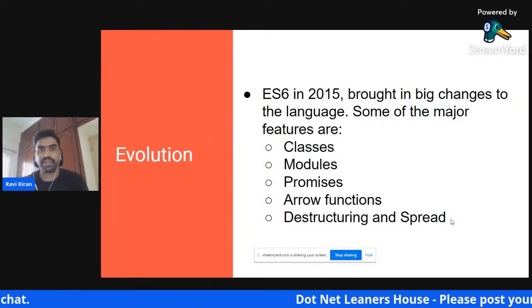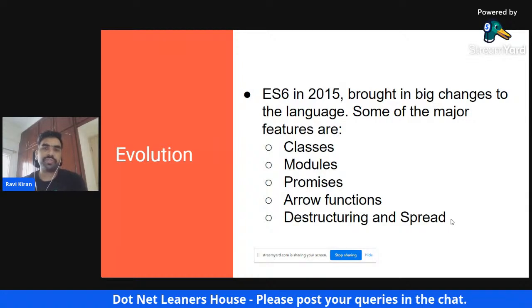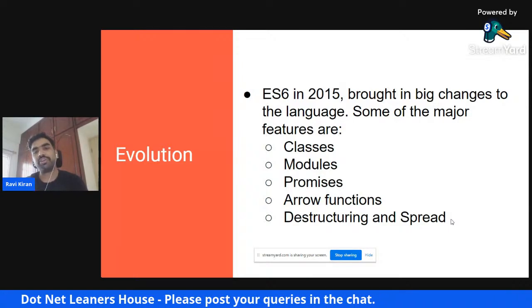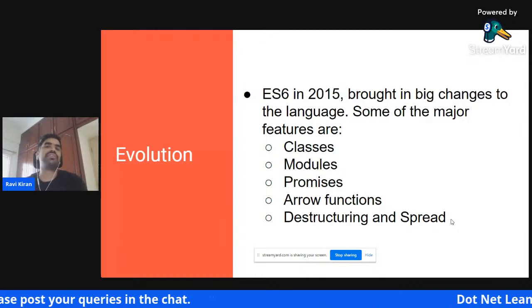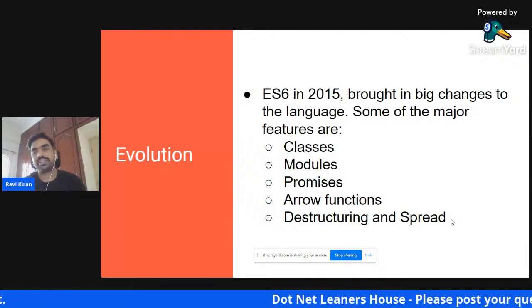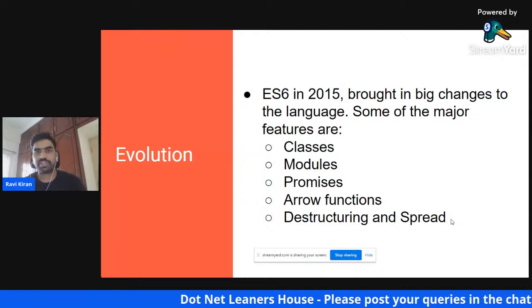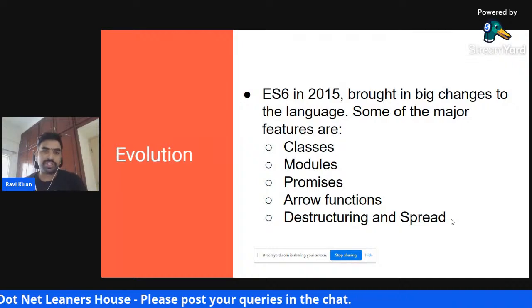large scale usages in mind, the ECMAScript community in 2015 brought in a number of features which changed almost the entire face of the JavaScript language, right? So till then it was seen as a language that is function based, object based, and meant for small scale use cases.